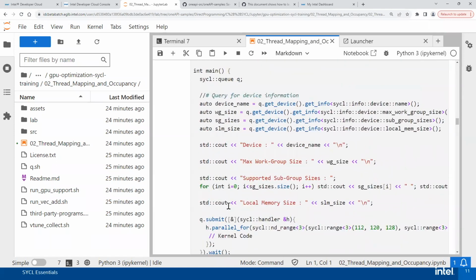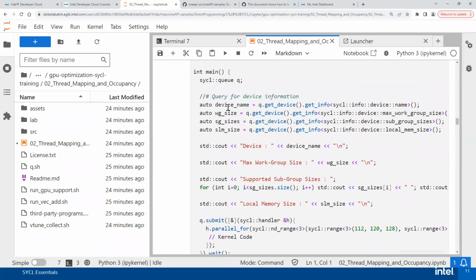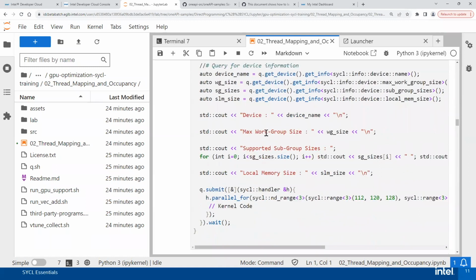This is a good sample to refer to if you want to find out the limits,